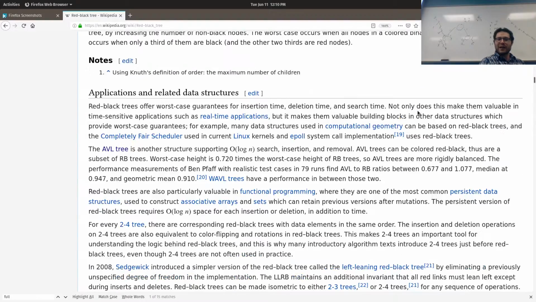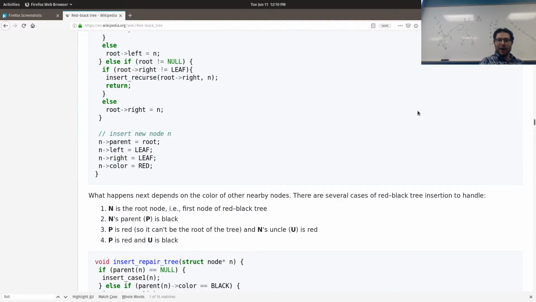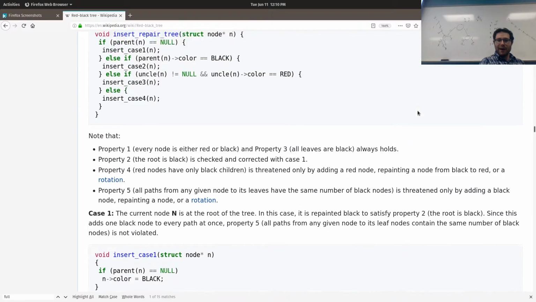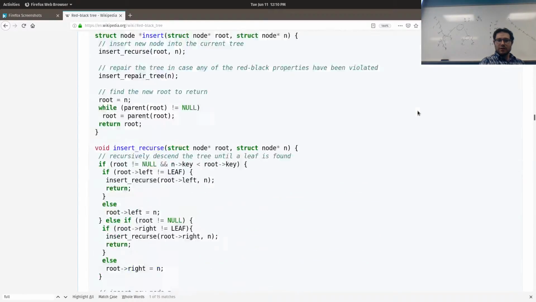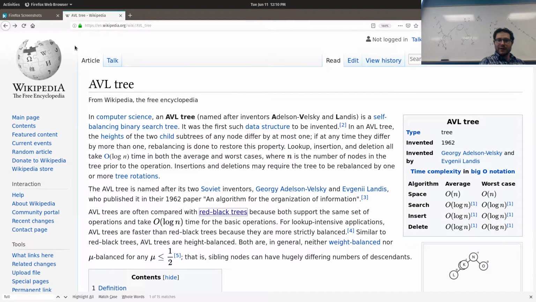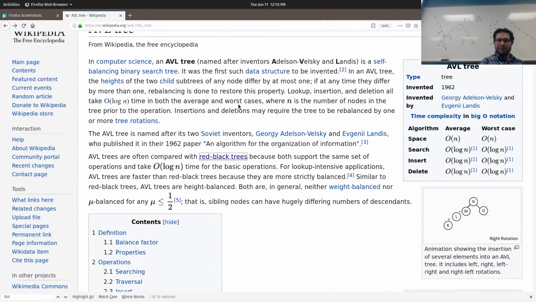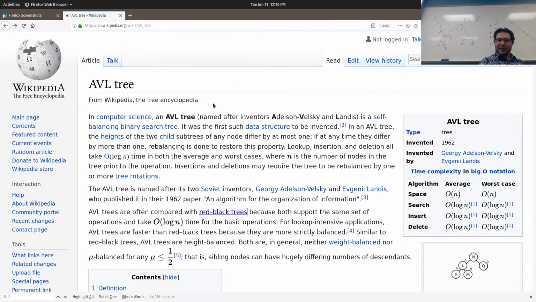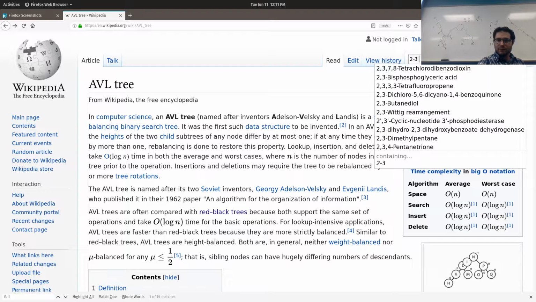But basically, what you can do is that if these properties are violated by adding a node, then you're going to end up in one of 5 cases which can be resolved by specific operations. Pain in the butt to program, I know from experience. But it works in log n time. Another thing, then you also have 2-3 trees